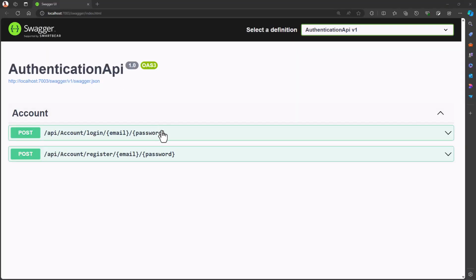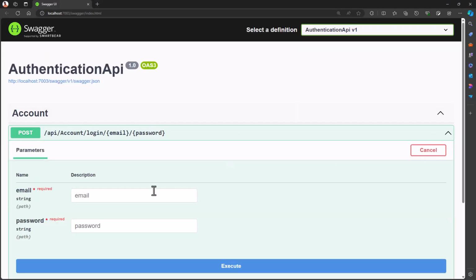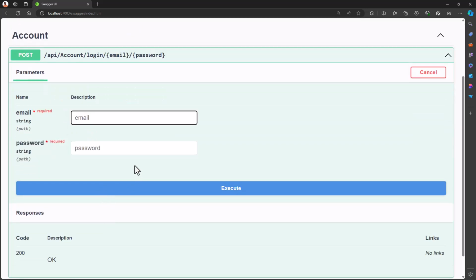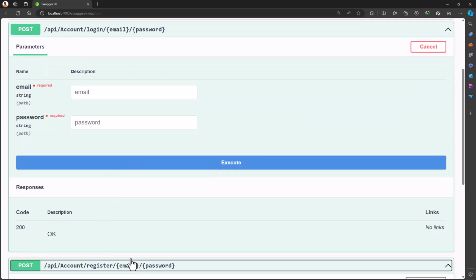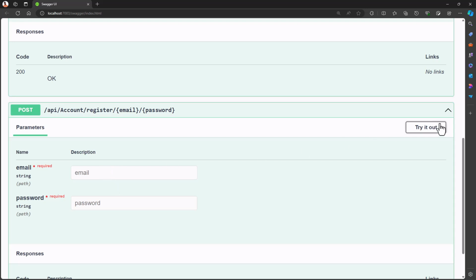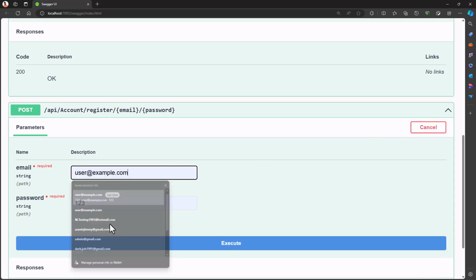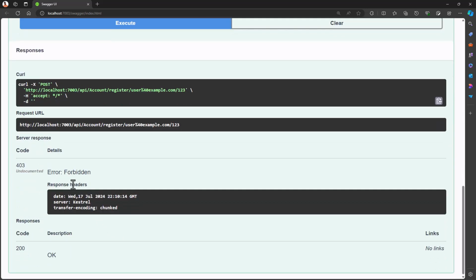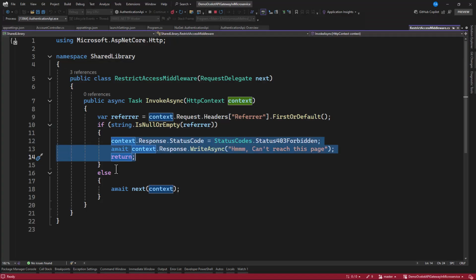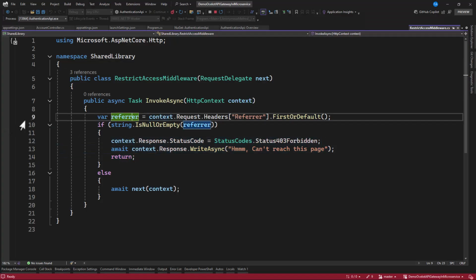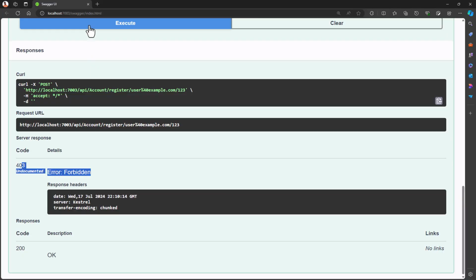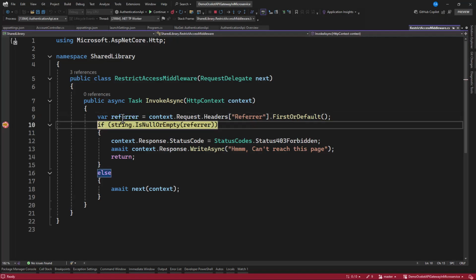So quickly, let's try to log in. Okay, we need to register first, right? So let's see from a registration. Try this out, specify defaults, and I click on it, you can see we have forbidden 403. And now when we put a breakpoint here, you can see that this will be hit and this is going to be null. And that's the reason why we have that. Click on this and this is hit. Check this. That is null. Good. So this is working.